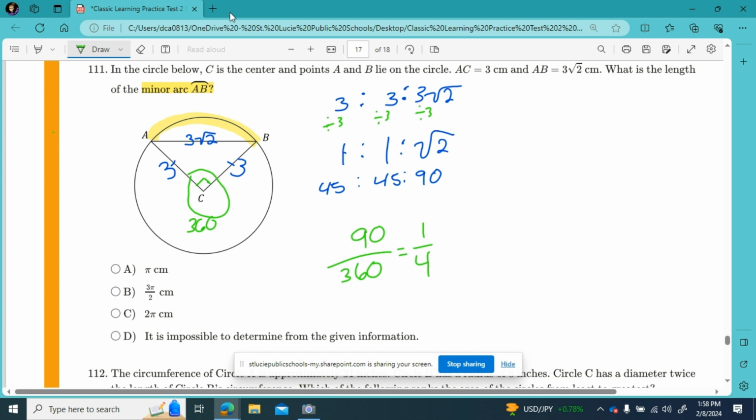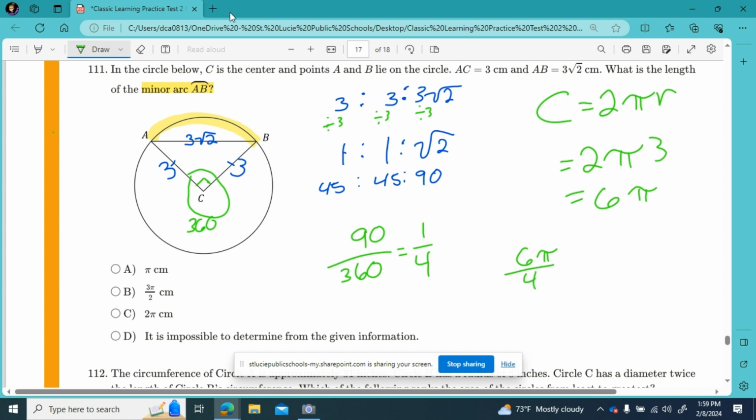So now, knowing that the circumference of the whole entire circle is 2 pi r, where our radius is 3, our circumference is 2 pi times 3. 2 times 3 is 6 pi. For our minor arc AB, we're going to multiply times 1/4, or just divide by 4. So 6 pi over 4. And 6 and 4 can both be divided by 2, which leads us to